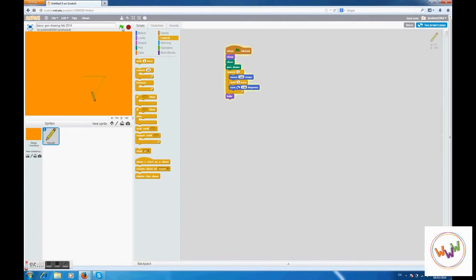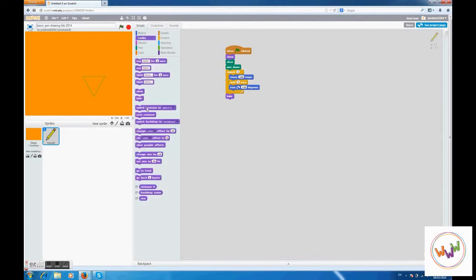And obviously, you can change the degrees and the number of times it repeats, and you can make a square, or you can make a hexagon or whatever. And there's loads and loads of lovely examples up on Scratch. If you just put into the search section art or drawings or repetitive drawing, something along those lines, you'll come up with all these amazing, very simple